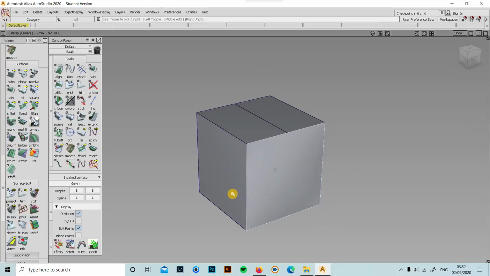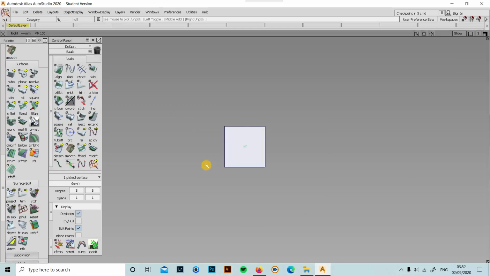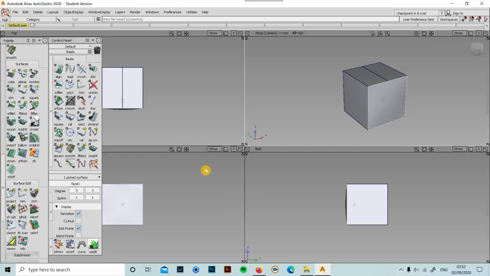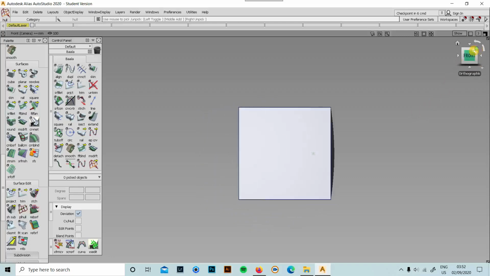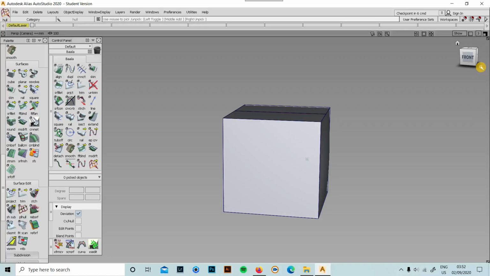Okay, so this could be given for every side. I have kept it like this: 1 is the perspective view, 2 is the front, 3 is right, 4 is top, 5 is back, 6 is left, 7 is bottom, and 8 is four-sided. You can see this in many software. So you don't need to go for every view, you can even click the front view using this cube, and you can see the orthographic view. But I can keep it like this, perspective with ortho facing.